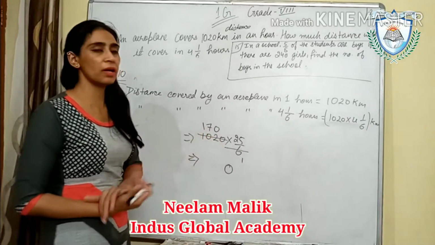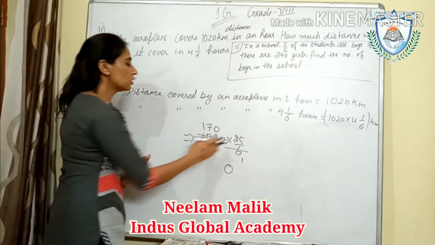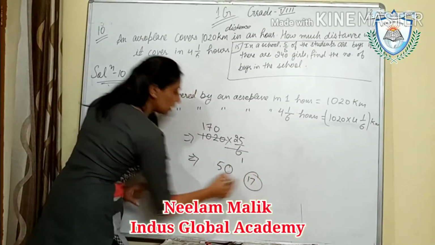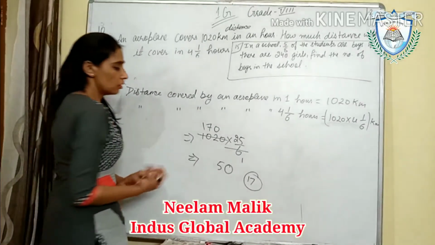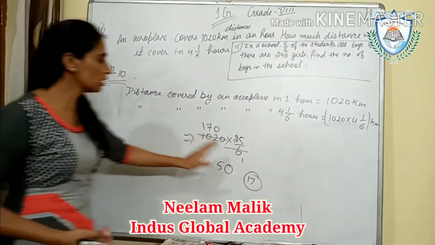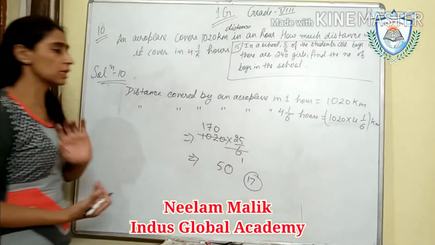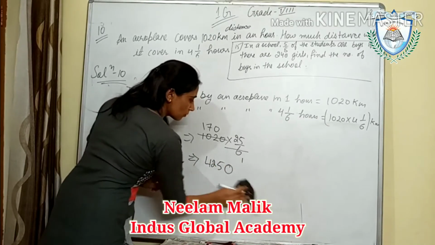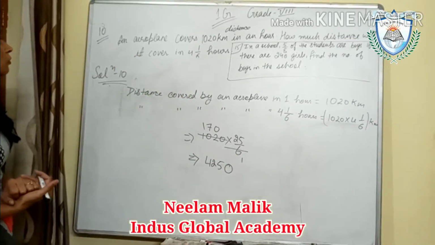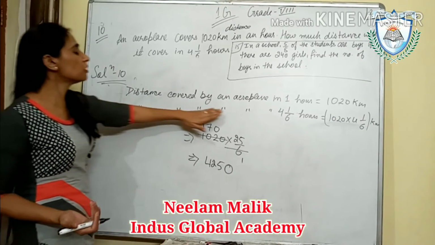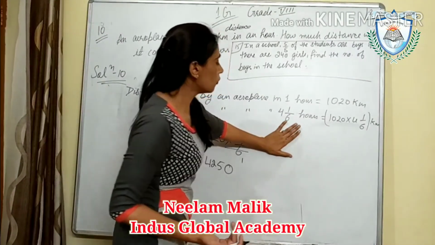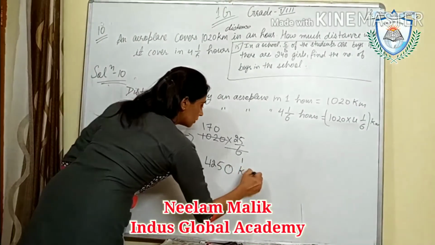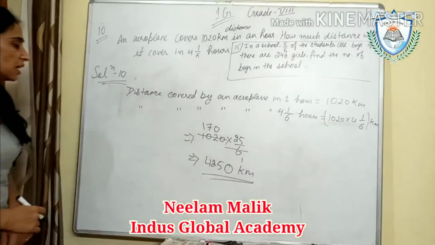You have to multiply 25 and 17. So multiply that. 25 7s are 175. Here will be 17. 25 1s are plus 17. 25, 35, 35 then 40 and 42. Okay. So distance covered by an aeroplane in 4 whole 1/6 hour is equal to this kilometer. This is our answer. Okay, this is our answer.